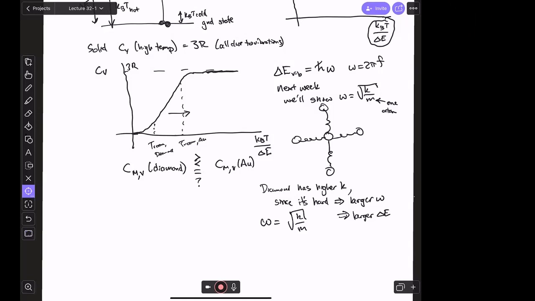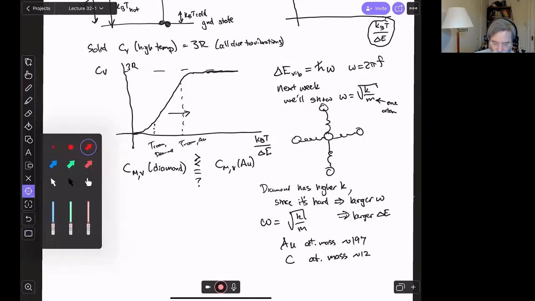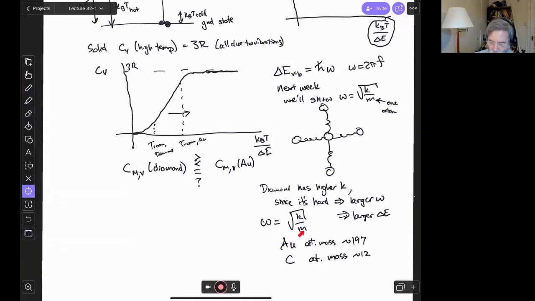Gold. Yeah, so gold has atomic mass of about 197. Diamond is made from carbon, which has atomic mass of about 12. So it's quite a big difference in the atomic mass. So the diamond has the lower atomic mass. That also means that diamond has a higher